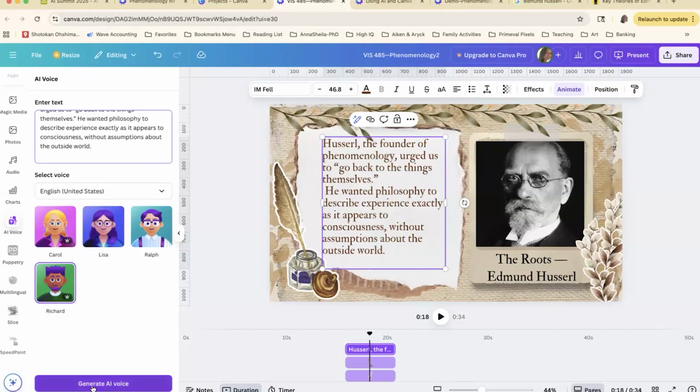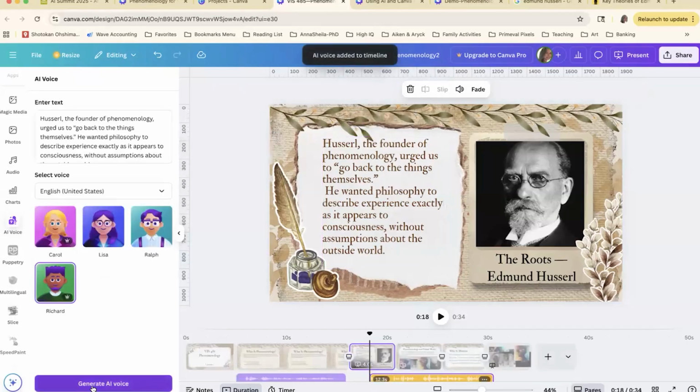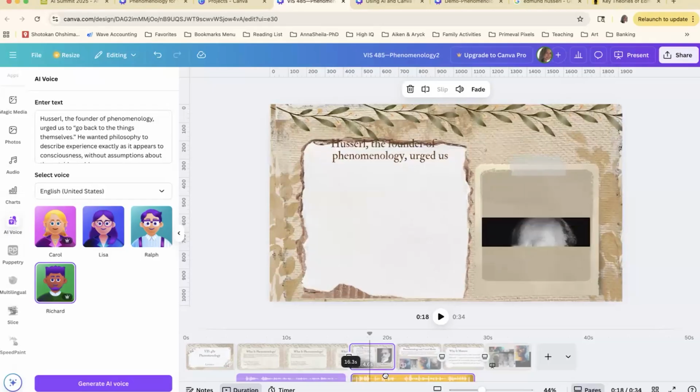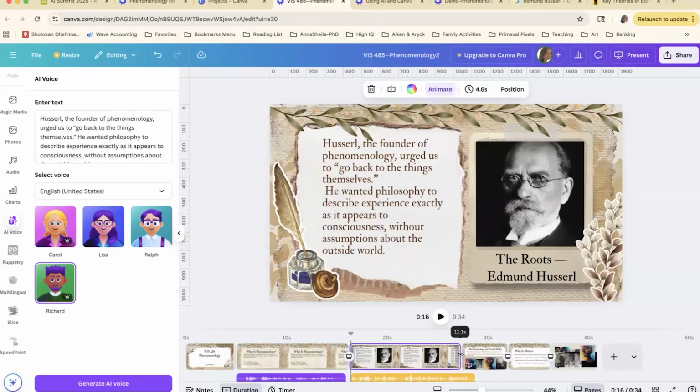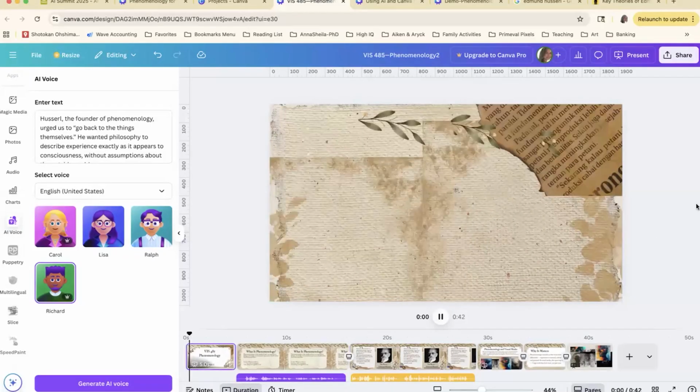Okay, let's generate the AI voice. Let's see what happens. And so now we're talking about Husserl himself. I want it to come up right here. But then it's long, right? It's longer than the slide. So I have to make the slide a little bit longer. So now, if I were to play it,